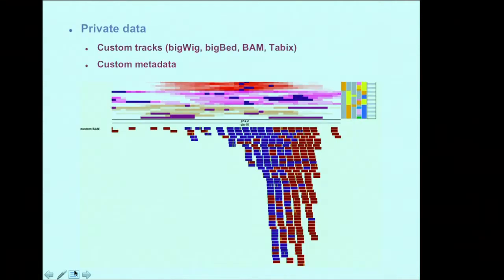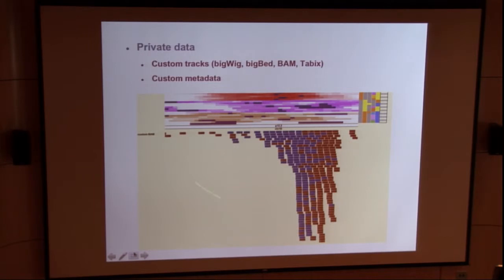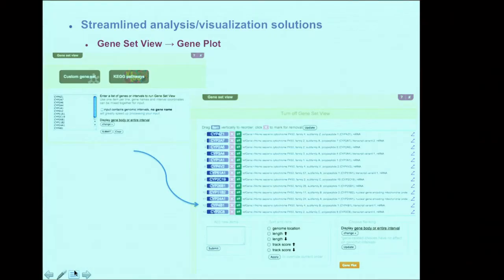So first of all, you can upload your own data. You can put your own data on the browser. In fact, on the technical side, only a small proportion of the data actually gets transferred. Most of the data actually stays on your local disk. And then using this example, let's say we can collect a bunch of genes of interest, right?